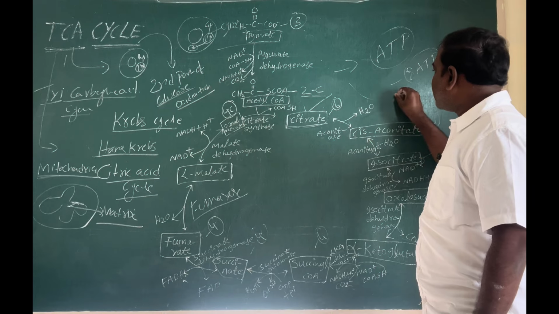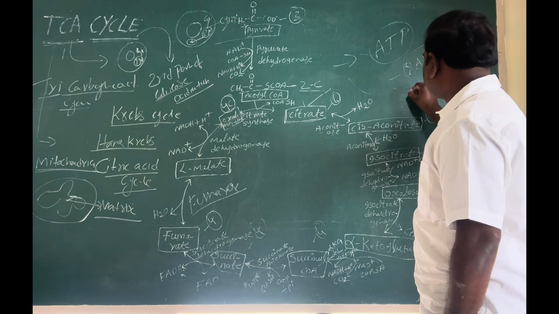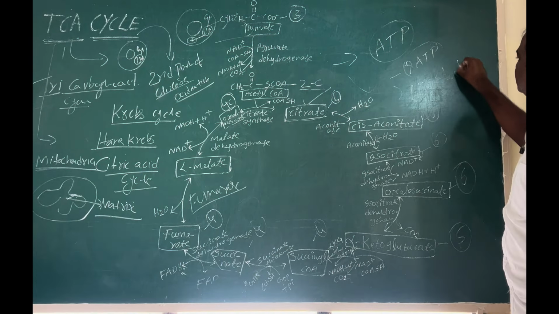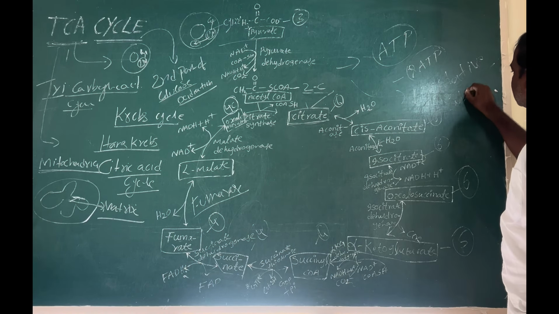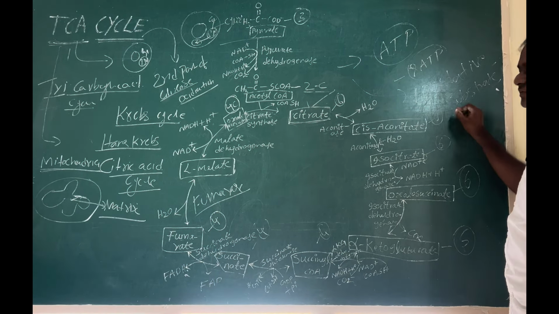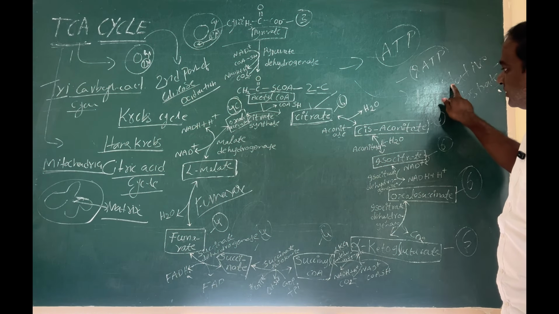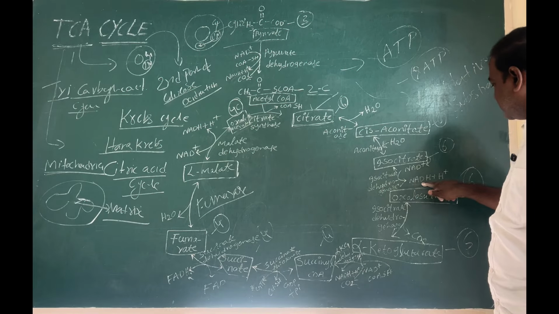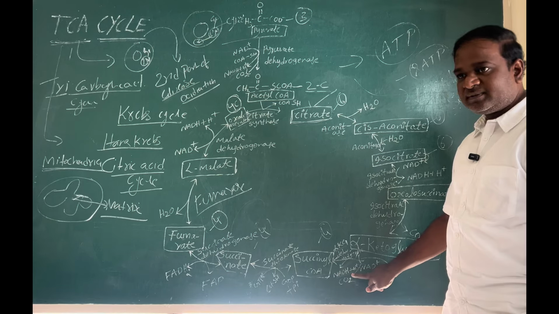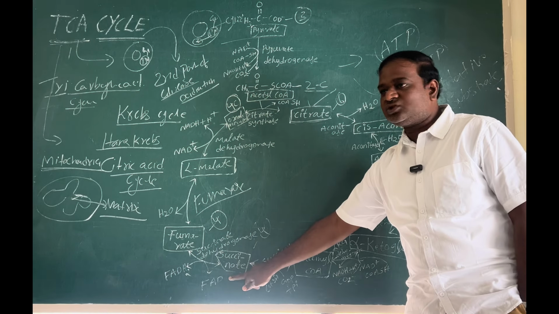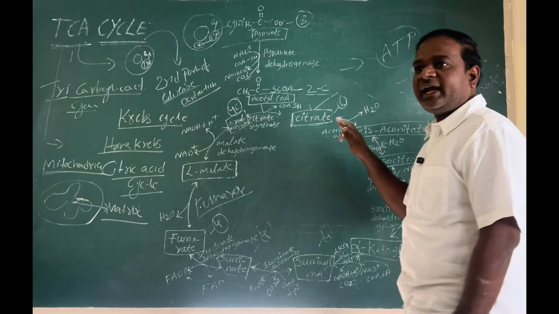There are 2 types of phosphorylation, as you all know. One is oxidative phosphorylation, and another one is substrate level phosphorylation. Oxidative phosphorylation means the intermediates: NAD converts to NADH plus H plus, FAD converts to FADH2, and again NAD converts to NADH plus H plus. All these enter into the